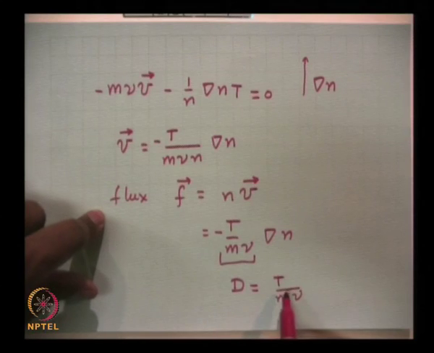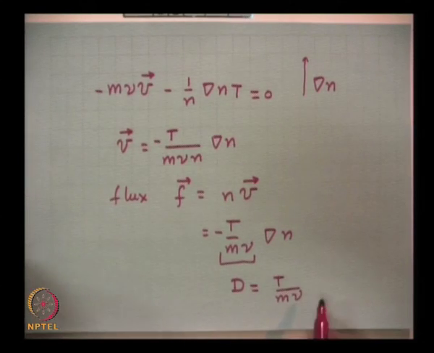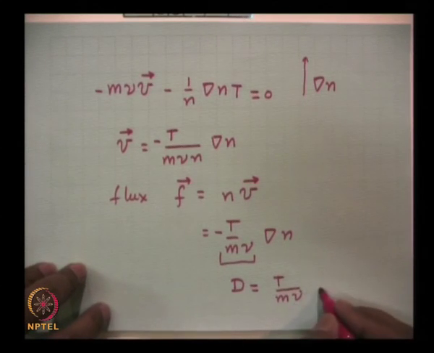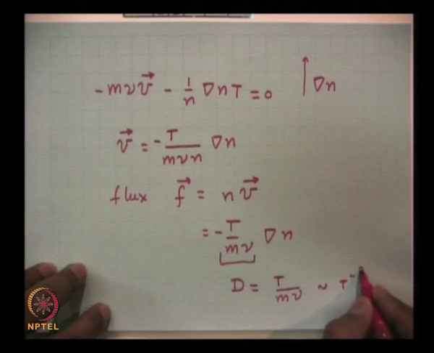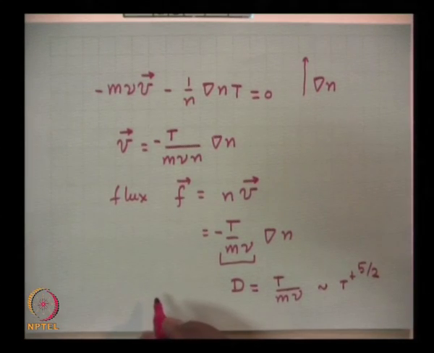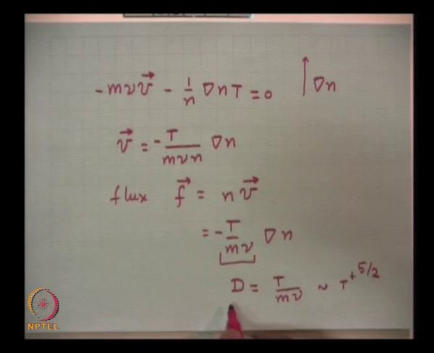This is a very important quantity. Its dependence on temperature is very similar to thermal conduction. At high temperature, when collision frequency goes as temperature to the minus 3 by 2, this scales as temperature to the plus 5 by 2. So, these are two important coefficients, thermal conductivity and diffusion coefficient, which in conjunction with electrical conductivity play an important role in determining the plasma dynamics. I think we close at this point.